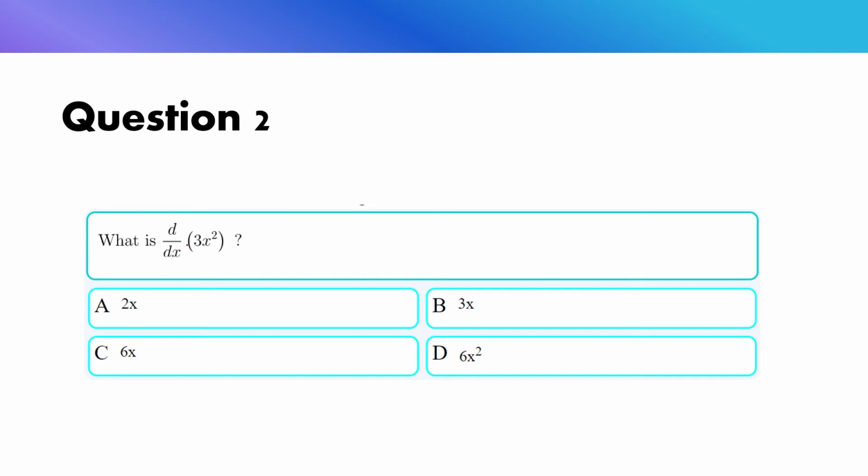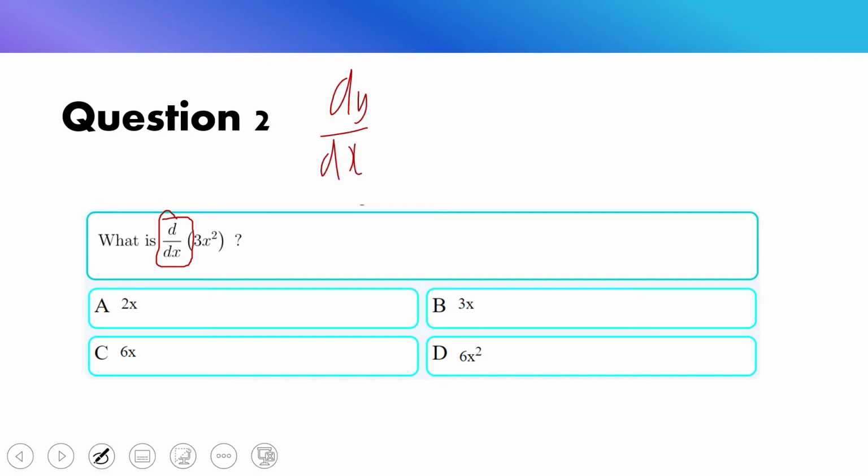Oh, interesting. Do you notice this notation? d over dx. Remember, dy over dx is the same thing as just f dash x, but in this case it's different. There's no y. Well, why did they do that? Right? Get that pun? Why did they do that? Well,